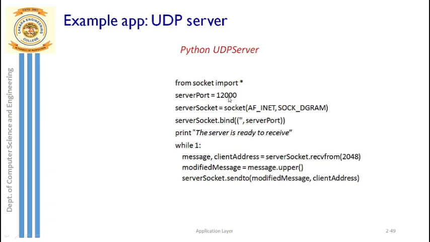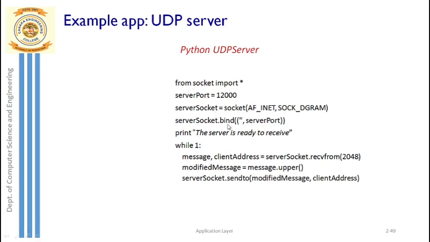Since here the port address we have already assigned explicitly, a unique port number 12,000 to the server socket, I don't want the port address that is returned after calling the function socket and stored in server socket. I want this 12,000 only. So I'm explicitly assigning this port address to my socket. For that explicit assignment, I am going to use a function called server socket dot bind. So what is that bind? I am going to bind this 12,000 port number to this newly created socket.